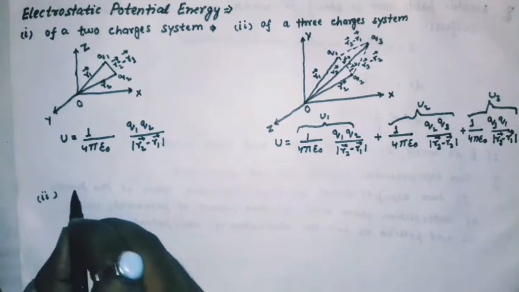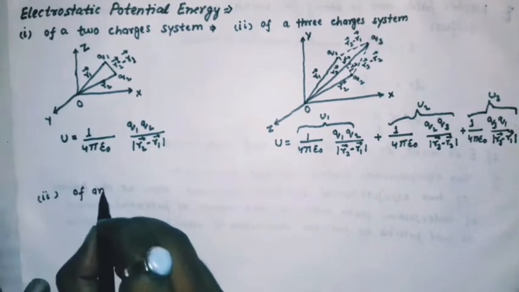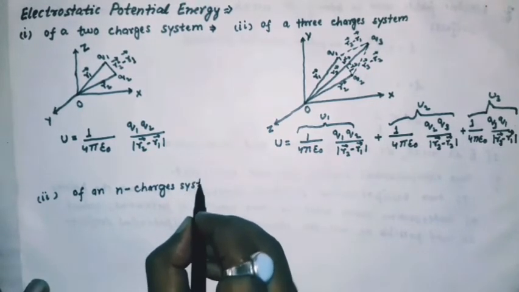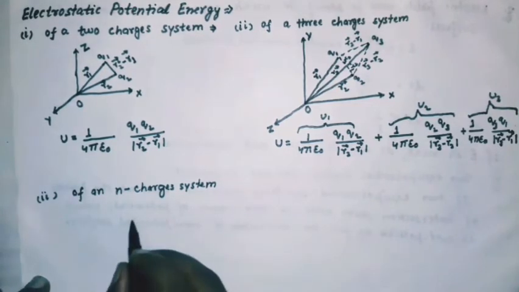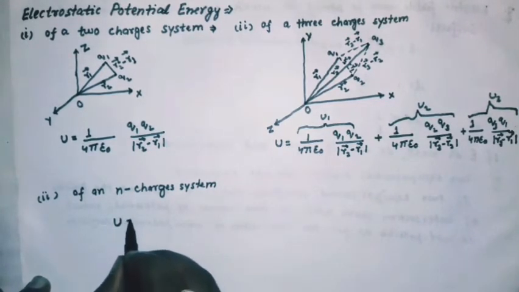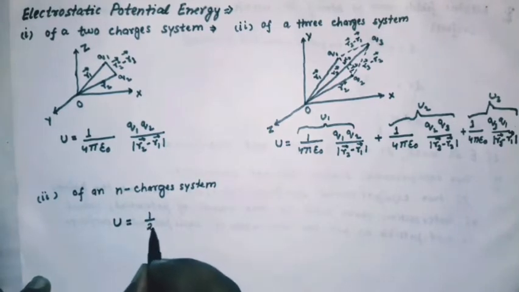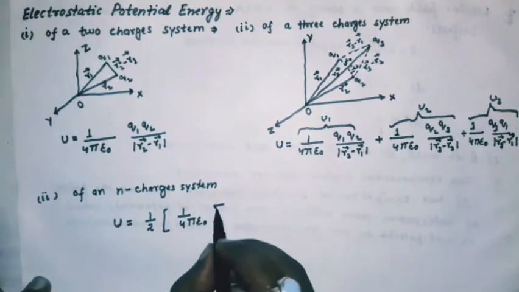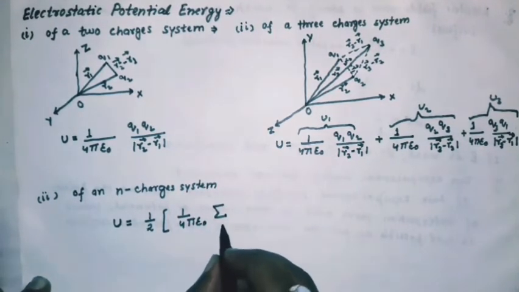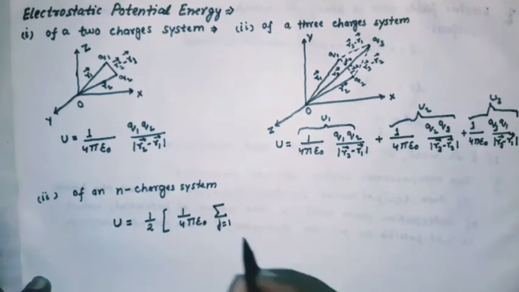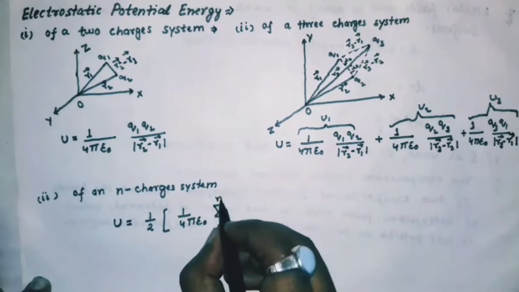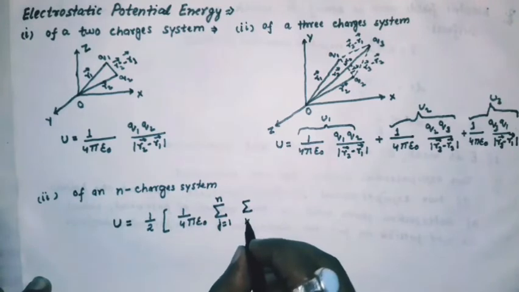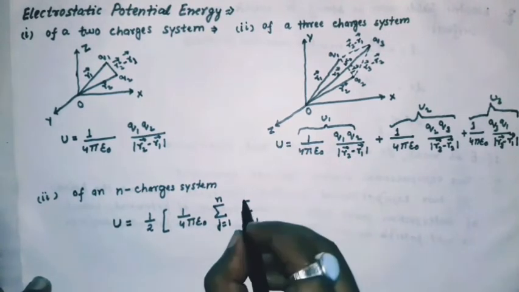So for an n charges system, the electrostatic potential energy will be equal to 1 by 2 times 1 by 4 pi epsilon naught, summation over, suppose another variable j equal to 1 to n, summation over k equal to 1 to n,